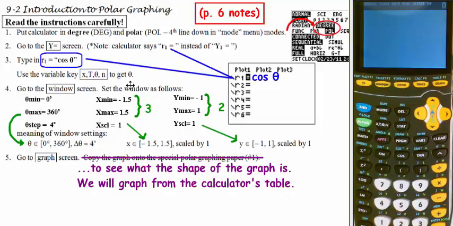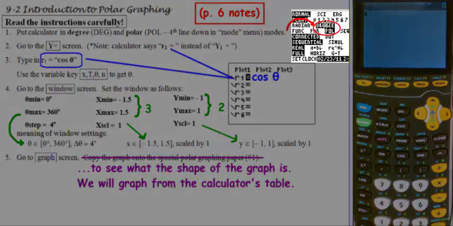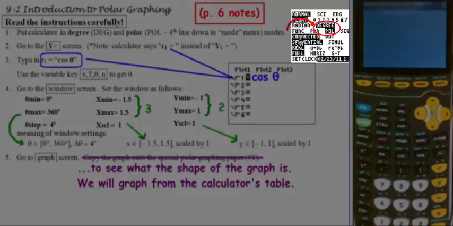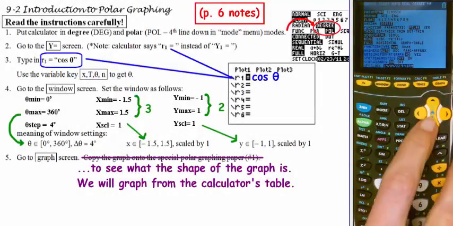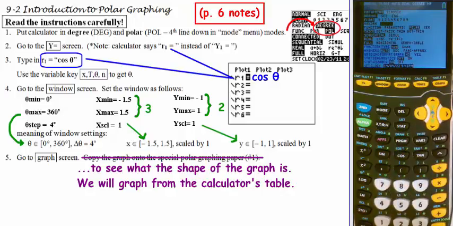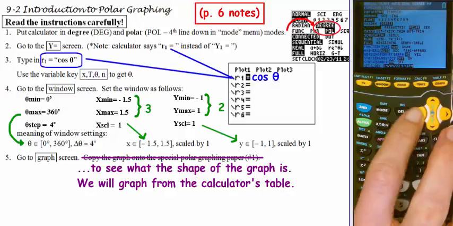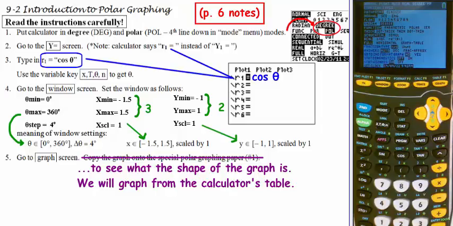So the first thing, we need to put it in the correct mode. So you need to put it in degree and polar mode. So you can see on my screenshot that I've done on here, it's in both degree and polar. So hit mode, and then make sure to highlight degree, which you're used to doing,